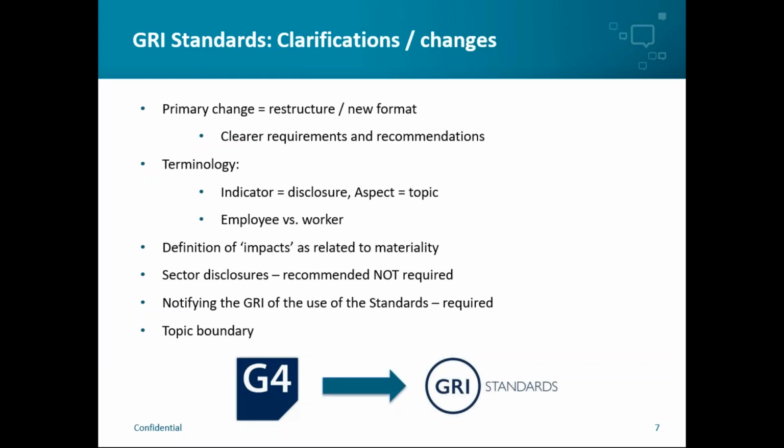Another clarification was around the definition of impacts when it came to the materiality assessment, and in particular the materiality matrix, or that graph that is produced at the end of the materiality process. Again, this was an area that was quite confused in the G4 version and saw lots of different companies taking different approaches. Because of that, the GRI clarified that impacts should refer to effects outside of the organisation. So looking at the broader environmental, social and economic impacts rather than specifically thinking about the impacts on your own company. This is not a massive change, it's more just a clarification of what should be done.